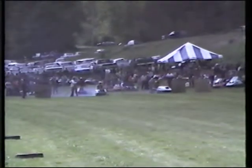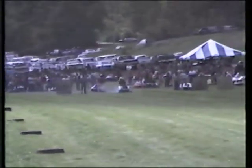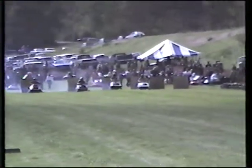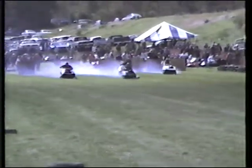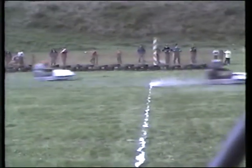You said we're going to jump back and forth different classes, right? Yeah. What order are we running? One question, are you running all trail stock first? Yeah. 68 scratched or what? No, that's just where